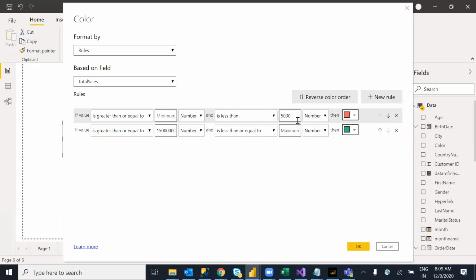$500, 5,000, 50,000, 5 lakh, 50 lakh, in the sense it's 15 million. Here I want to remove it. Here I gave 15 million. None of the property conditions got satisfied. Here I gave less than 5 million, and here I gave after 15 million. What about the 5 to 10? That's why the black color is here.